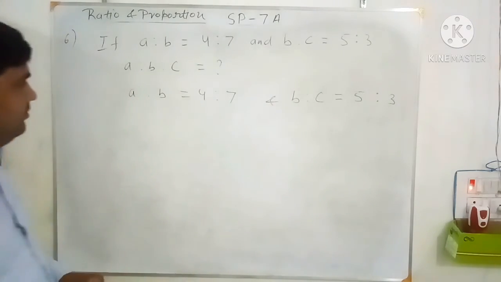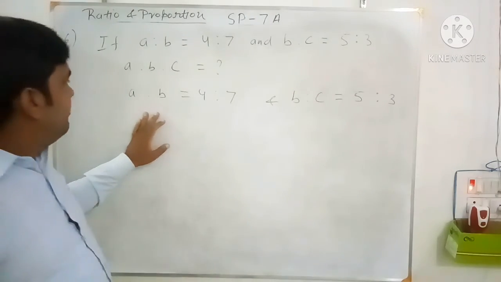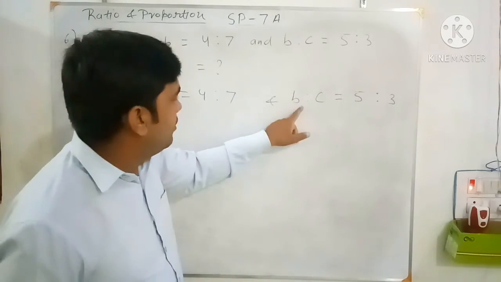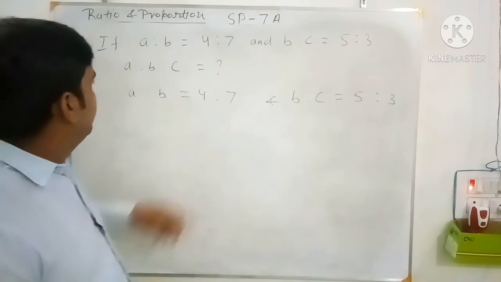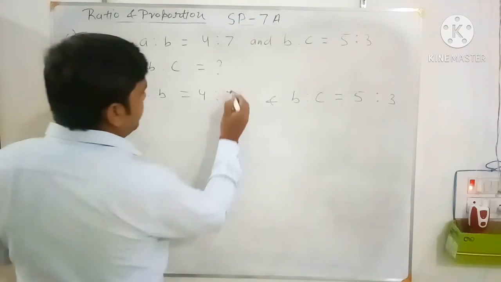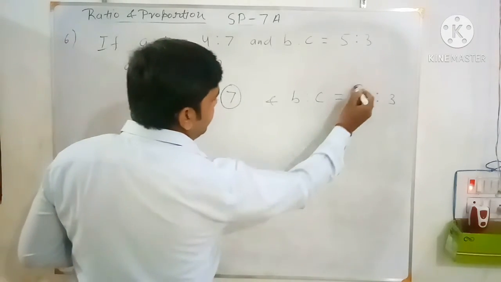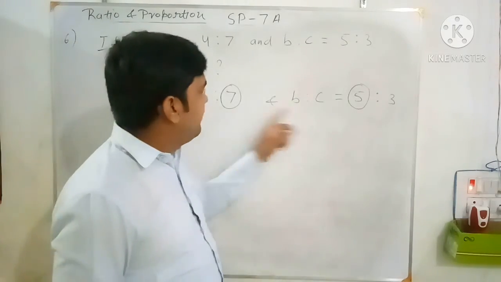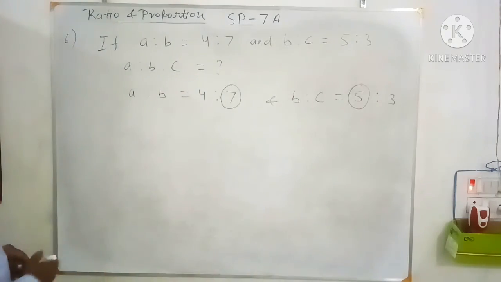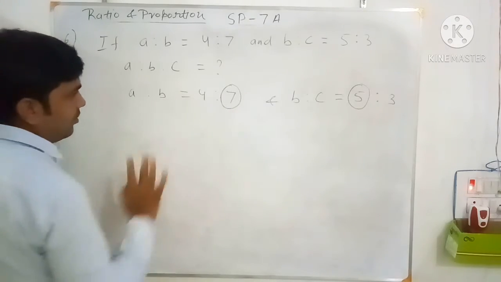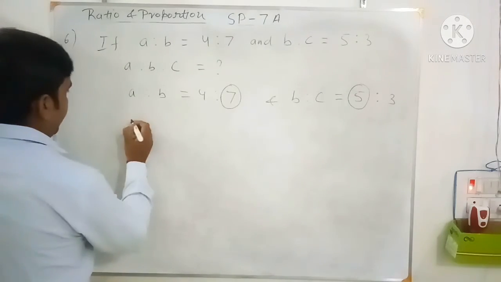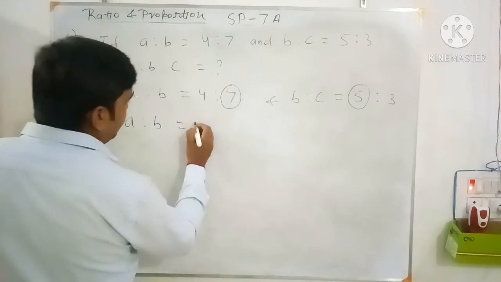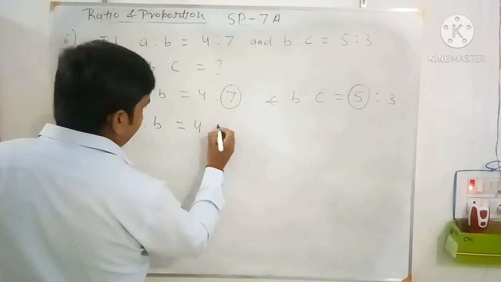So find the LCM of B in both the terms. As you see, B is repeating. B is here also, B is here also. So here the B term is 7. Here you can see the B term is what? 7. In this the B term is 5. So calculate the LCM of 7 and 5. So the LCM of 7 and 5 will be 35, and make this B term equal to the LCM, that is 35. So again you see what you multiply in this to get this value 35. That is 7 5s are 35.